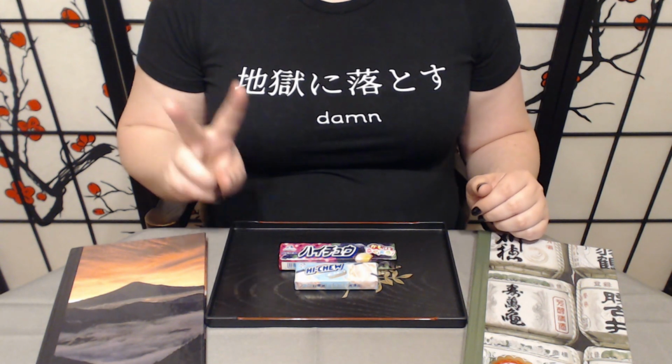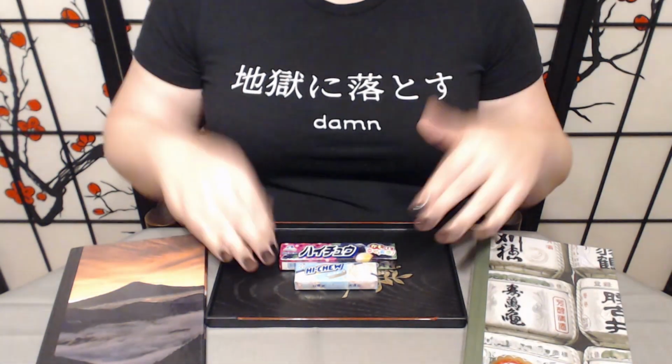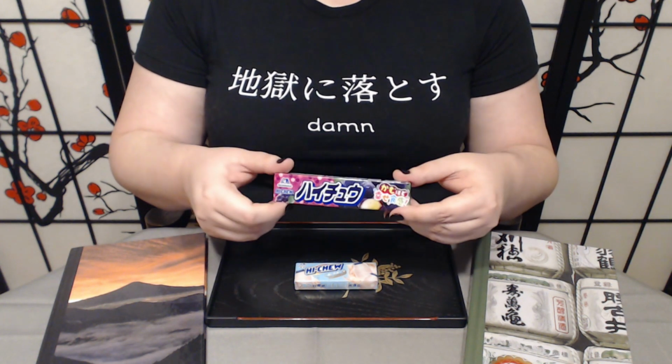Today we have two treats to try from Japan Candy Store. So we are, of course, trying two different types of haichu, and it's kind of interesting to me because these packages are very different. So this first one, we're going to try a grape haichu, and this looks fairly standard,